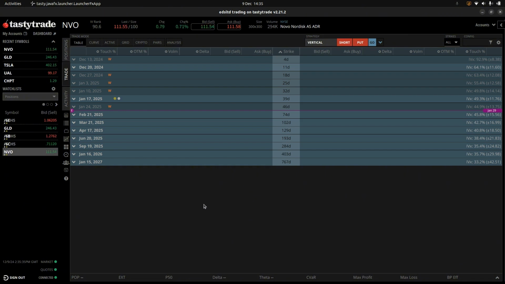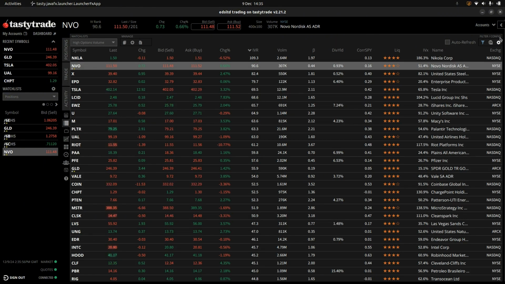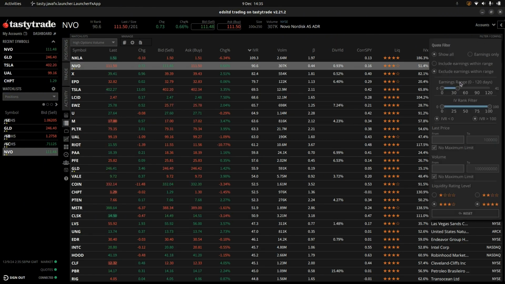So the one that we want to select needs to be between 30 and 60 days out in time, and it also needs to be a monthly, not a weekly or quarterly expiration date. Now, the only expiration date that fits that criteria, as you can see, is January 17th, which is 39 days away. So we can take that information, 39 days, come over to our watch list and simply filter out